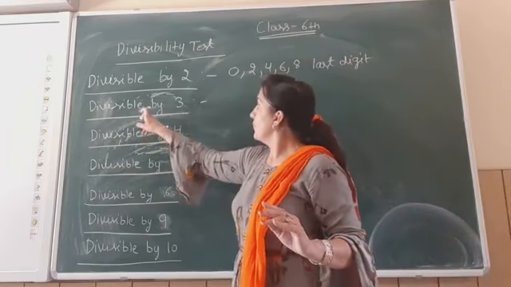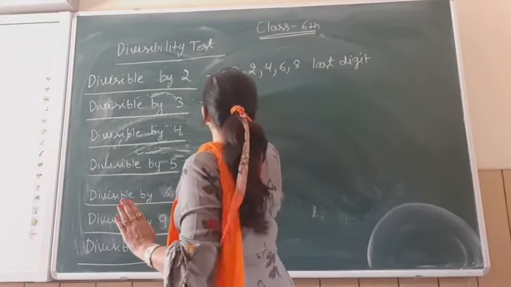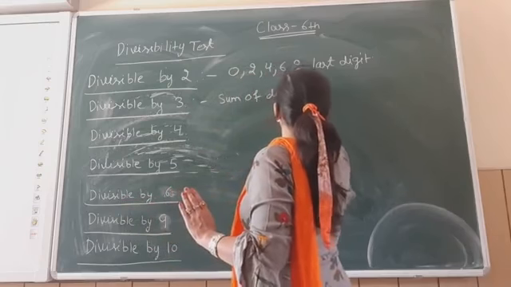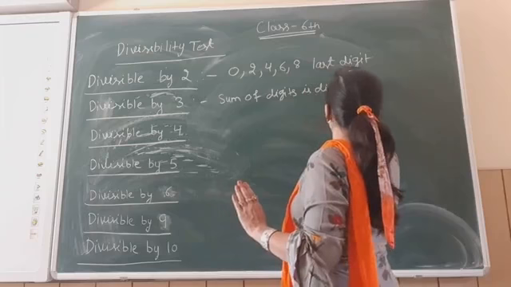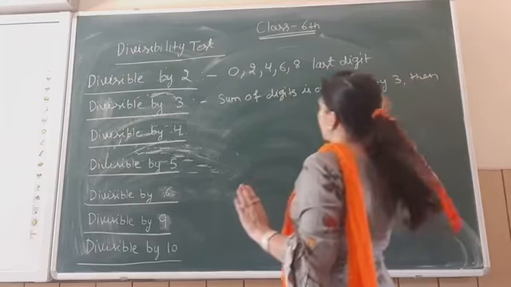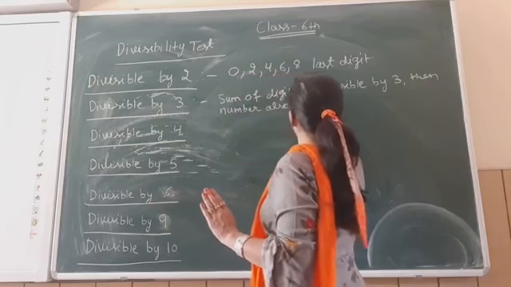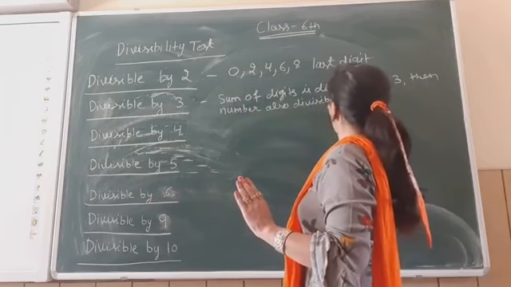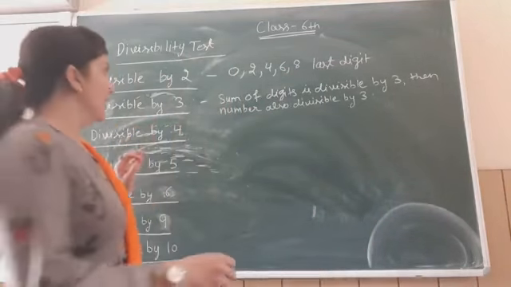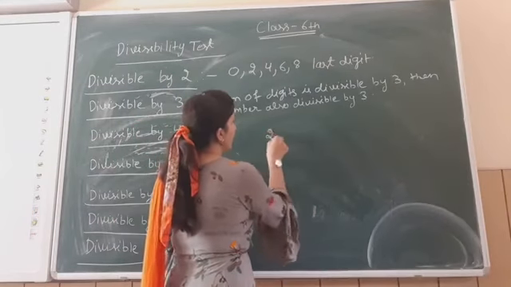Now comes divisibility by 3. If the sum of digits is divisible by 3, then the number is also divisible by 3. Okay, sum of digits means, if I have a number like 2115,